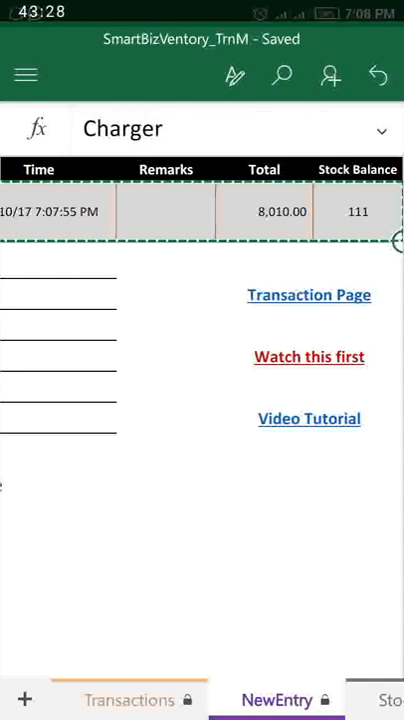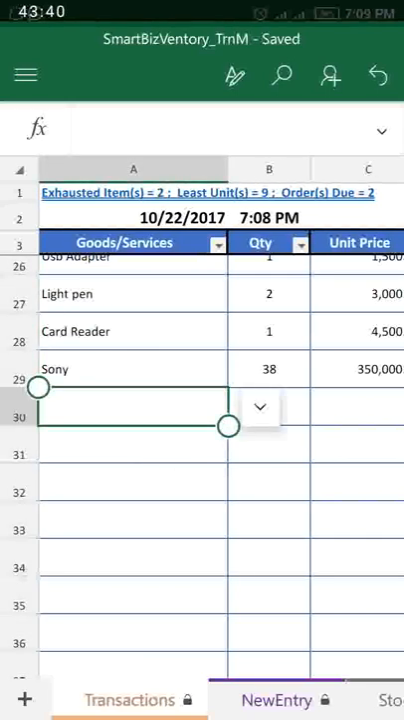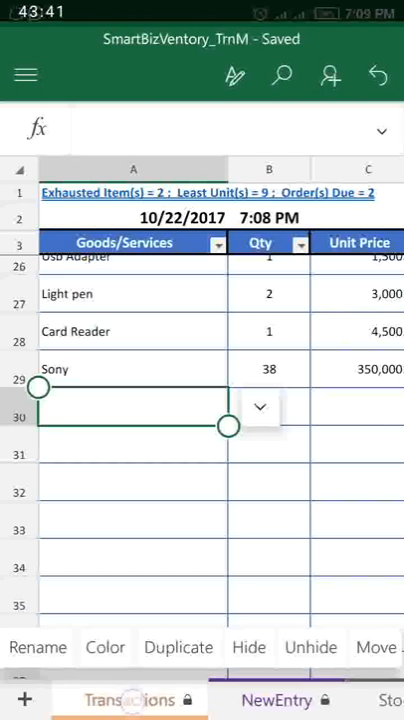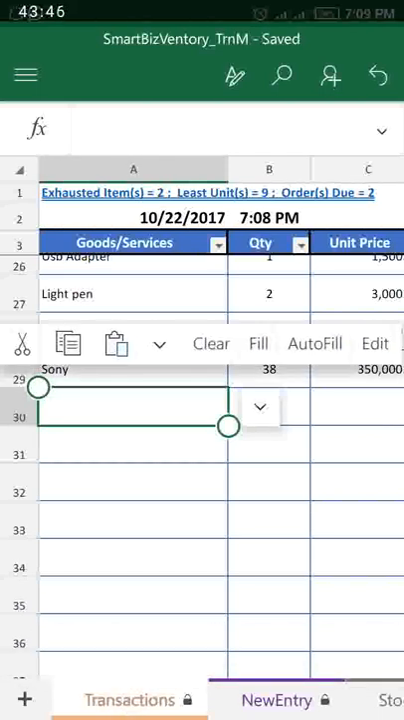I just generated this information, but I have to go and keep it in what I may call an archive. Now, the very next available row in my transaction page, I will click on it. Now watch this, very, very important. Tell anyone that has not watched this